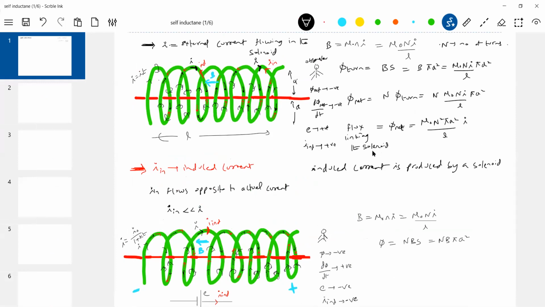I'll show this. So this is I, this will be I induced. Now, which end? Now I can replace the whole thing as,